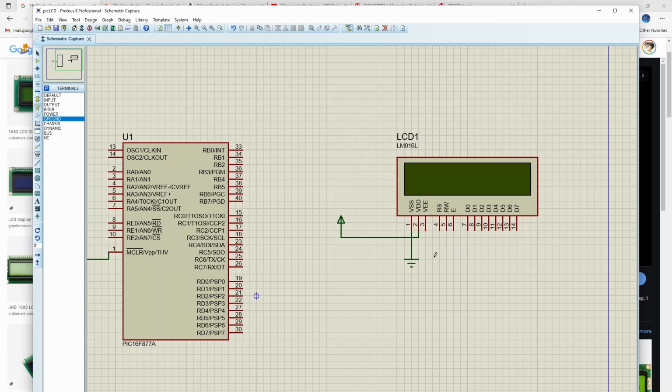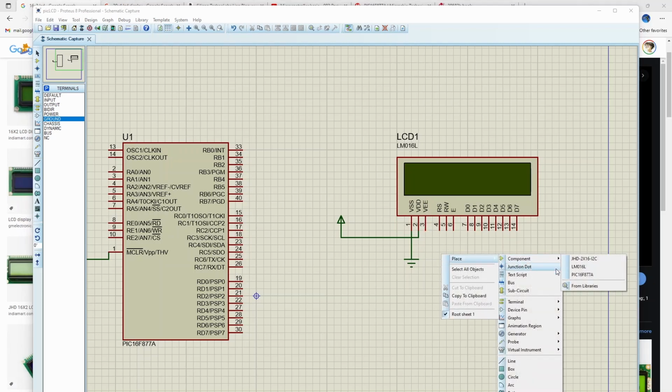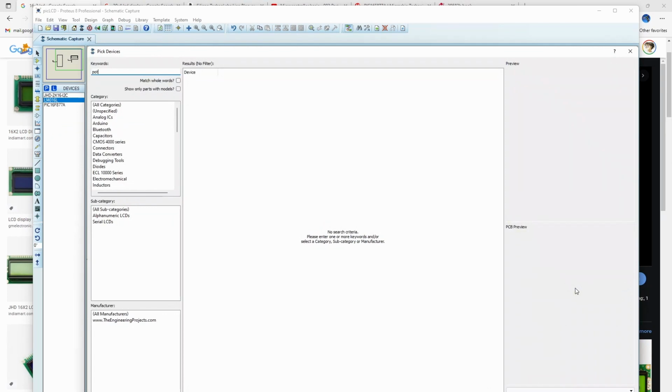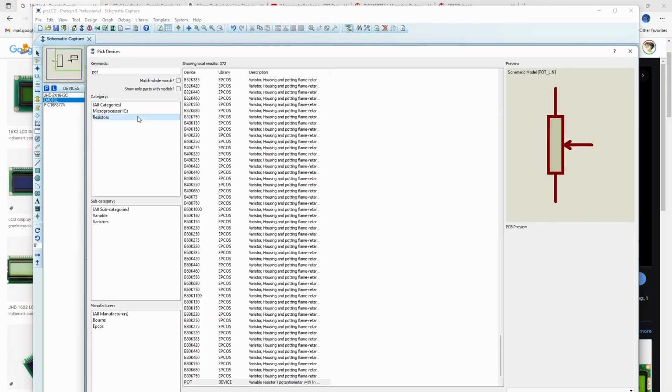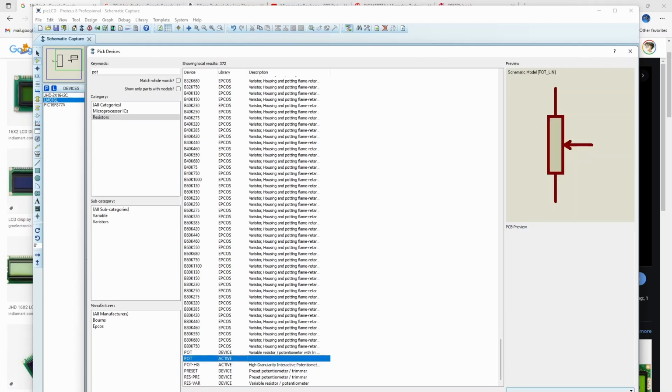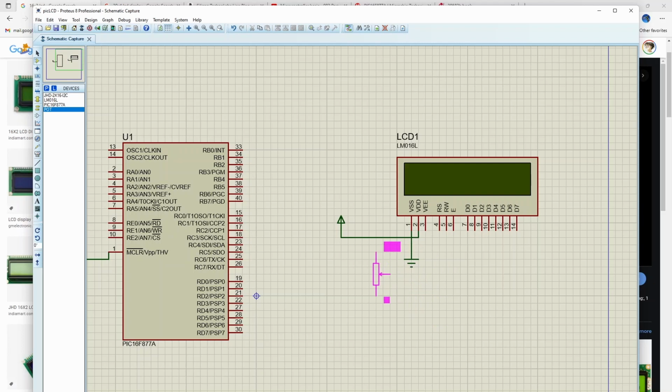So VEE is where you have to connect the pot. Proteus does not need that, I guess. So one to this, another terminal to this point, and read write I'll connect it to